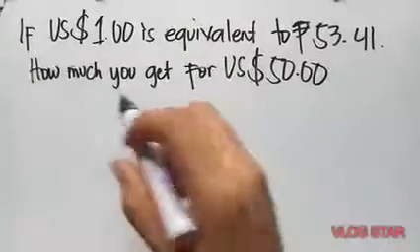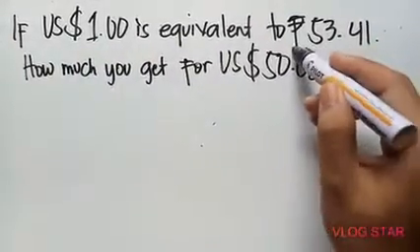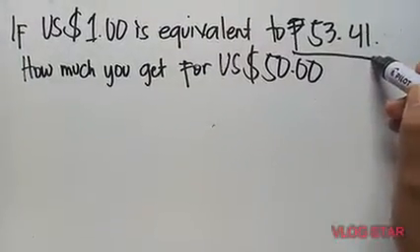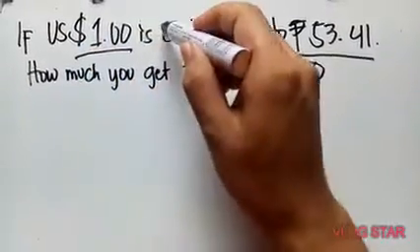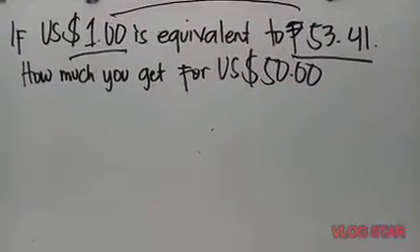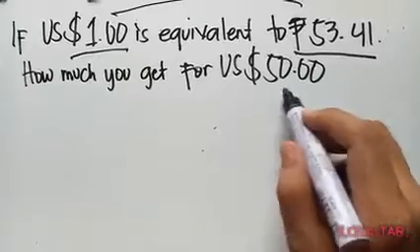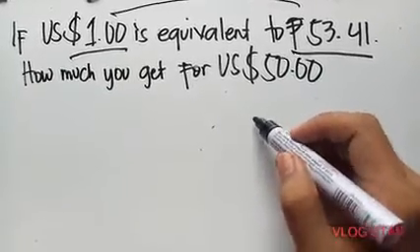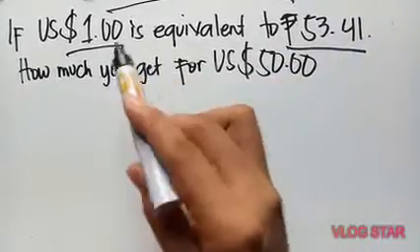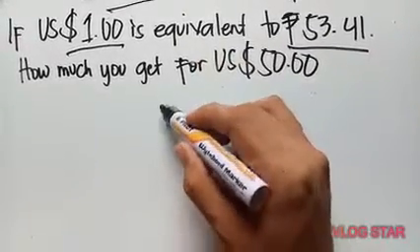The third example is if US $1 is equivalent to 53.41 pesos, how much will you get for 50 US dollars? So just multiply the value of $1 by 50 US dollars. So